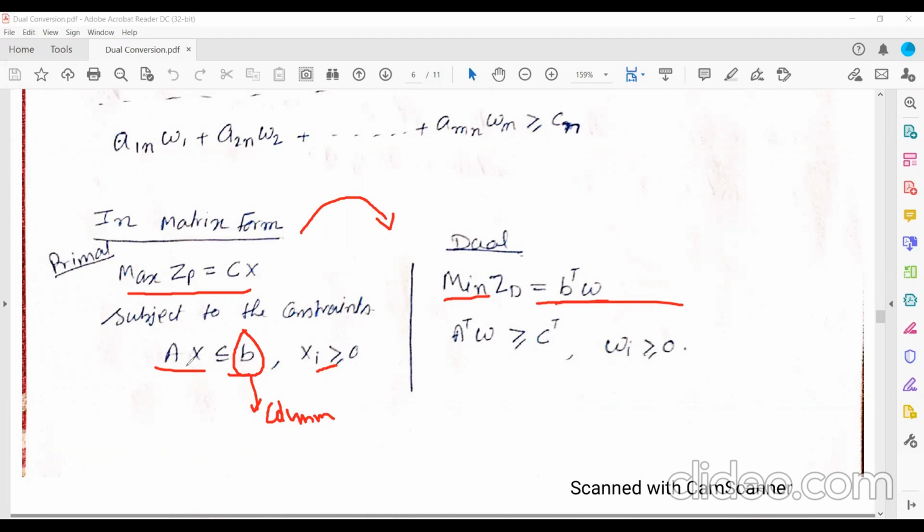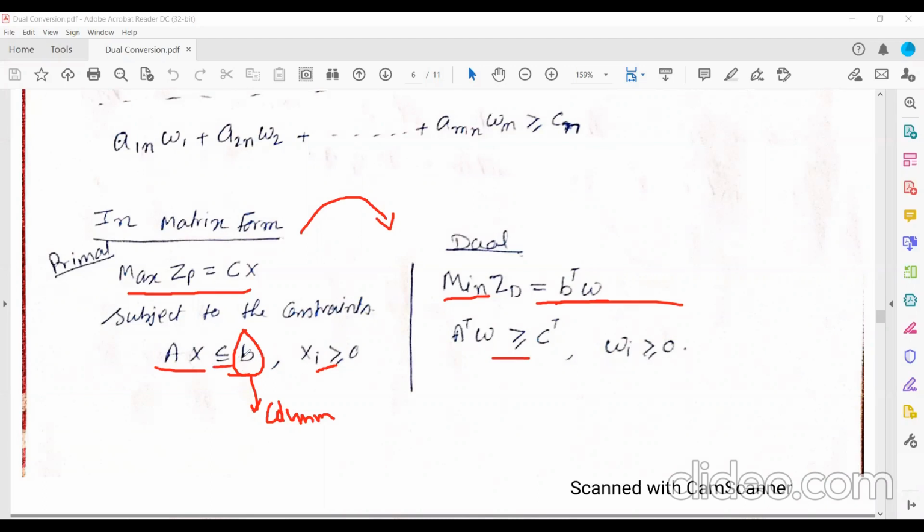Then here A. So how are you taking this A? Earlier this is Ax less than or equal to b. Then while converting into dual, we are taking the column. That means this is a row one, and row is changing to column. Earlier it was in row. Now we are taking its column. So just simply take the transpose of A. So it will be A to the power T, that is transpose of the coefficient matrix A, into W. And this is less than or equal to, so this will be greater than or equal to.